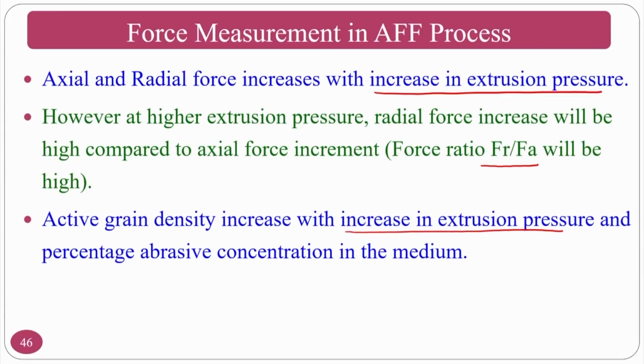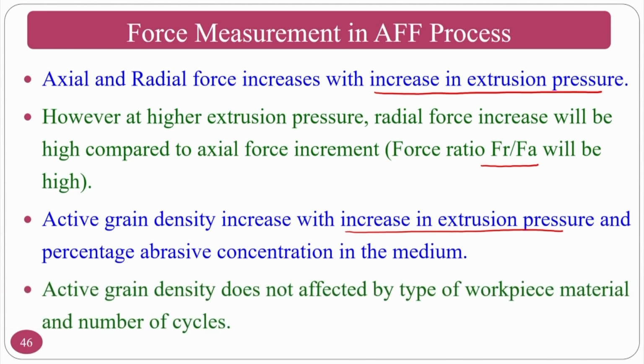That means the number of abrasive particles in the restricted workpiece region, which is very small compared to your medium cylinders, is affected. That is why the abrasive grains' motion will be slightly less. I am not saying tremendously or enormously less, I am saying slightly less. In that circumstance, the number of particles staying in that region will be very high. So active grain density is not affected by the workpiece material, obviously; it depends on your medium viscosity, the number of cycles and other things.